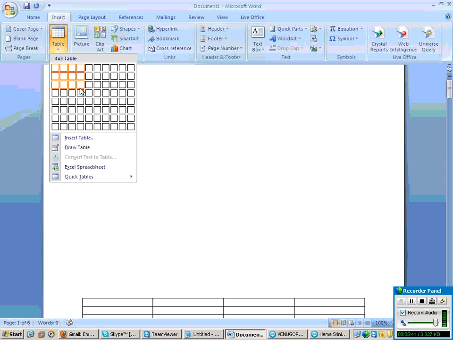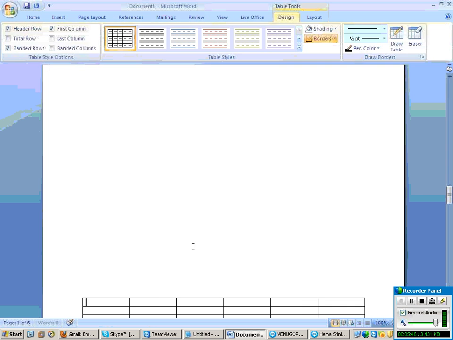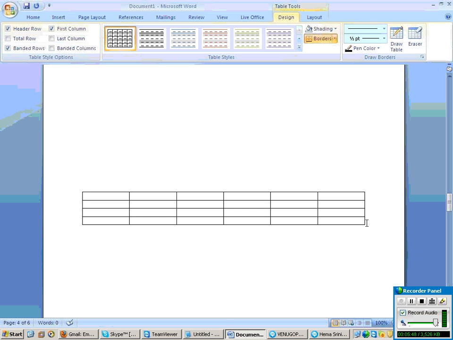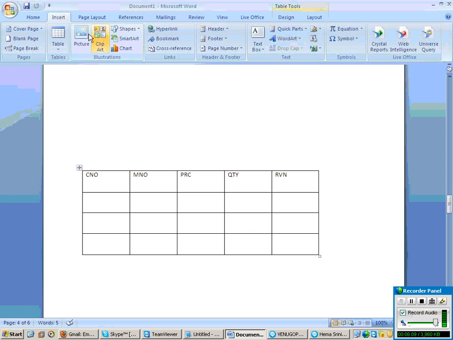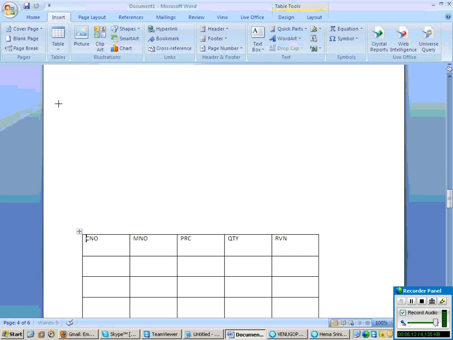So let us say this is your fact table. Something like customer, material, he is buying some material, price of this material, then what is the quantity, then revenue. So this is my fact table. Now where is this fact table stored?